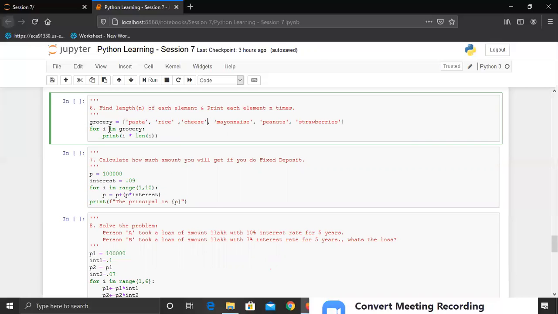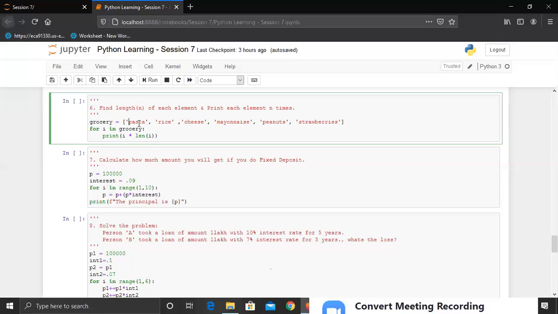It is very simple. We are iterating through each element, and then we are checking the length of this string. So the length will be 5, and then we are multiplying it by i. If we do pasta into 5, it will print pasta 5 times. If you still remember, there are arithmetic operations that we can apply on strings as well. There were 2 arithmetic operations we can apply on strings. First was the plus operator, which concatenates 2 strings. The second operator was multiply, or the product you can say, that does the multiplication of the string.